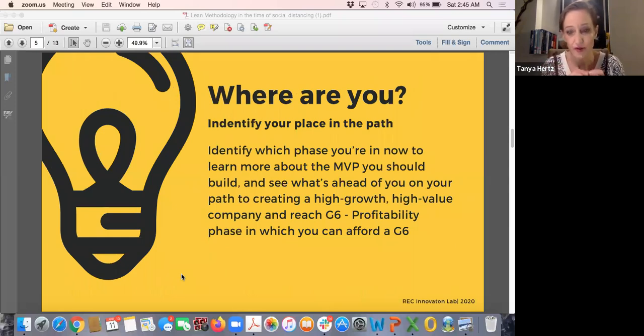But you need to identify right now where you are in that path so that you can communicate that with your mentors and advisors. I've been making introductions to various mentors and advisors. You don't just have one mentor, you have many, and this will go on throughout the course,